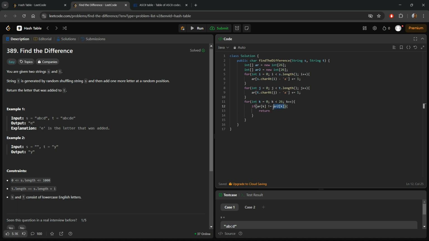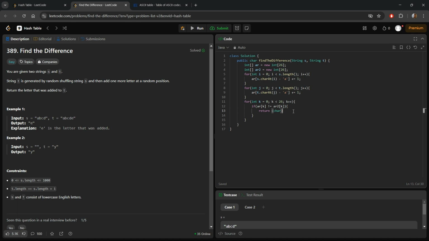So once we get to where this if statement is true, we need to just return that letter. We have the index of the letter, so we can do return